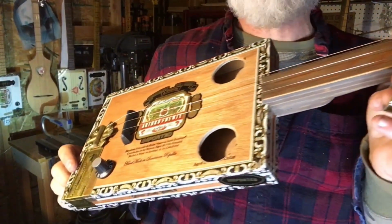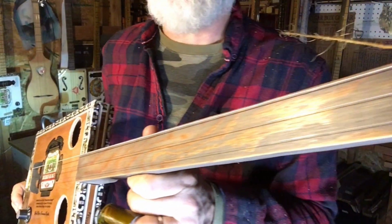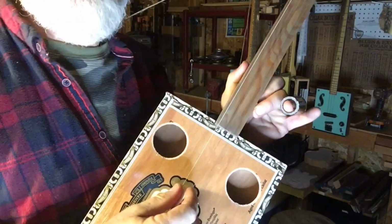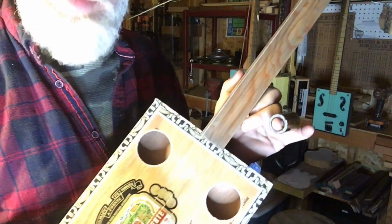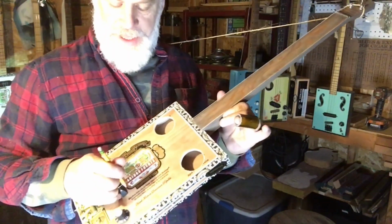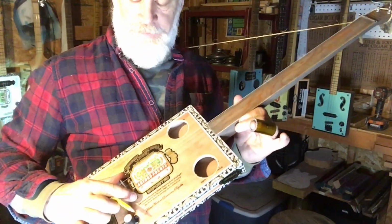All right, I am in the final stages of setting up this Queen Bee 3-string fretless slider. About 2 days ago I put these strings on here, tuned EBE. The very first day after I tuned them up and stretched them out, I made sure to mark off where the saddle's gonna be, so that it doesn't move. And then I found the harmonic